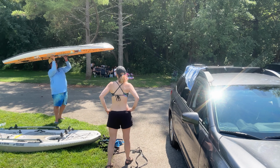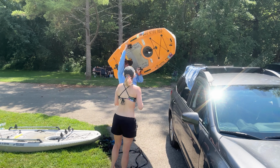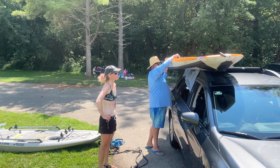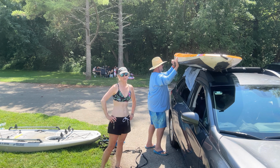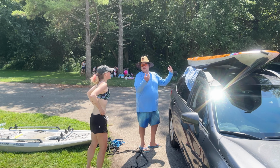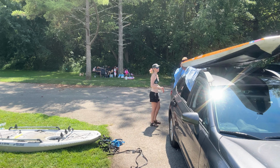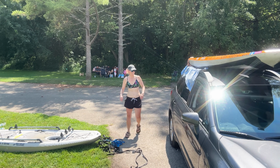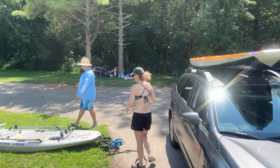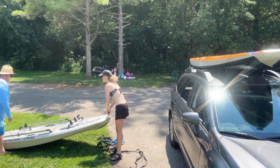Are you really just gonna try to lift that thing out of the car? No, it has to go the other way though. Well, this is a way of loading the kayak that I've never tried. But, alright, perfect, thank you. Centered or? It has to go forward a little bit more. And then we just stack this one on top of it. It goes right on top of it? Are you just going to lift it up again, or are we going to do this together? How about you do